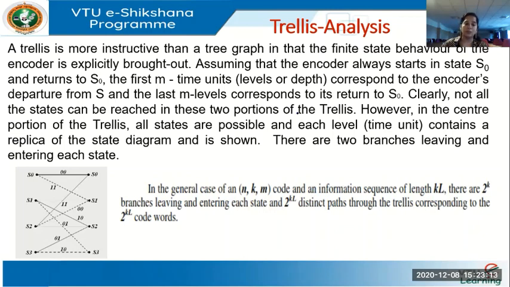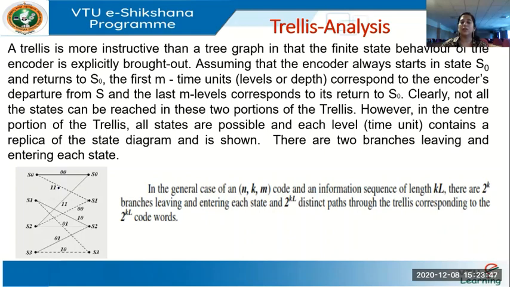See, this state diagram, what we are seeing here. From S0, if you receive a 0, you continue to remain in S0. Receive a 1, go to S2. From S1, which are the two states you'll go to? From S3 and S2, which one? So likewise, this portion repeats in the center. So there are always two branches leaving and entering each state. From S0, two branches are leaving and two branches are entering S0. This is constant in the middle of the trellis diagram.